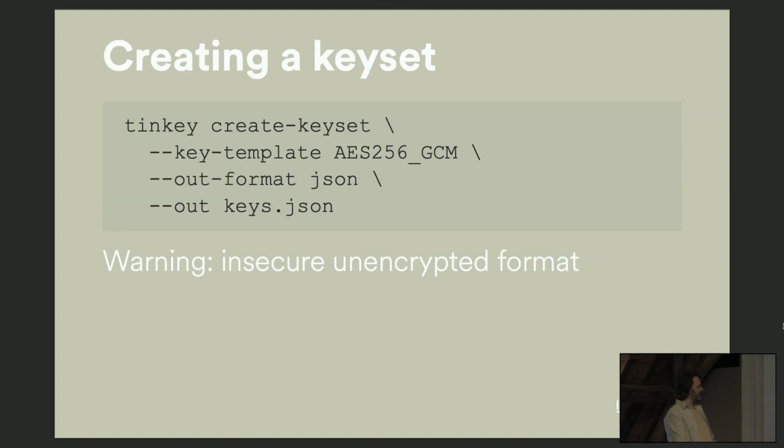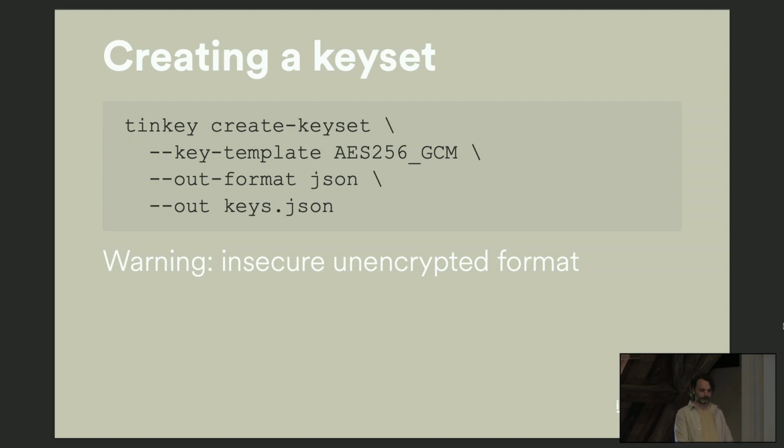So the way you create a key set is, there are programmatic APIs you can use, or they have this nice little command line utility that you can use to create them. If you've ever used something like keytool in Java, which generates their key files, it's a similar kind of process. So you initially create a key set, and you provide this key template, which is the algorithm. A key set can never be empty. There's got to always be at least one key in it. So when you create the key set, you're not saying all the keys forever are going to be this AES GCM mode, just the first key. It will generate a first initial key for you using that template,